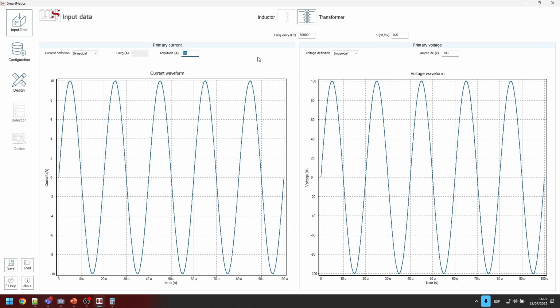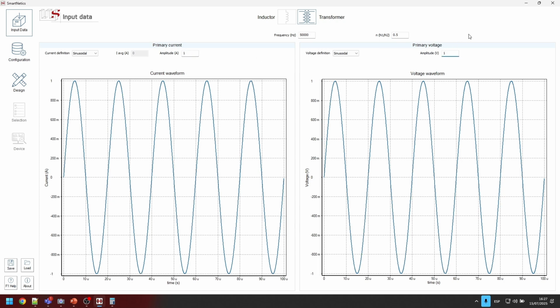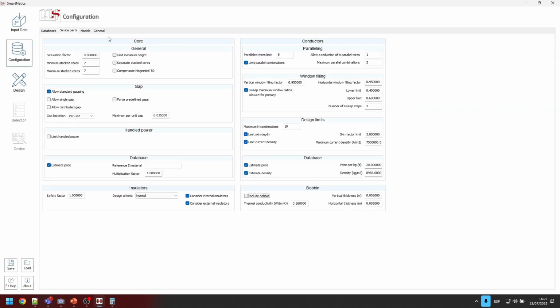So I'm going to use just very low values, to be sure that it's not going to saturate or anything like that, and that the application is not going to discard that design, because I don't care at this moment what they did in the past. Okay, so just very low values, and what I'm going to do now is the same. I don't know if they took into account the saturation, so I'm not going to discard any design for being close to it.